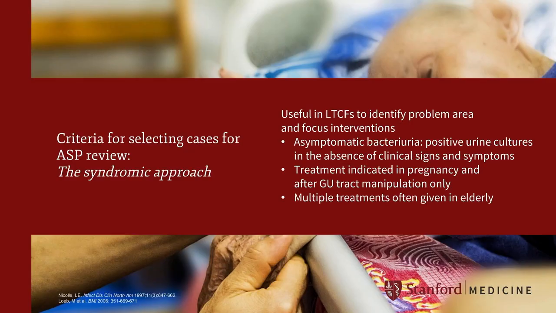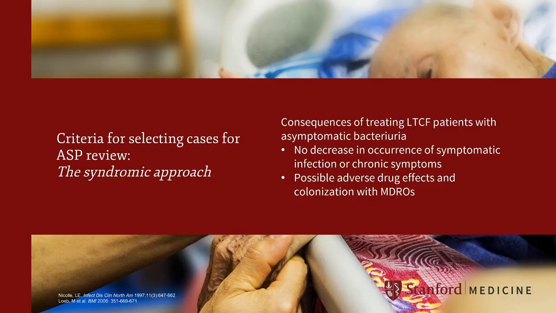Treatment for asymptomatic bacteriuria is indicated in pregnancy and after the genitourinary tract is manipulated only. However, multiple treatments are often given for asymptomatic bacteriuria in the elderly. Trial after trial has shown that there is no real benefit from treating patients with asymptomatic bacteriuria, as therapy does not decrease the occurrence of symptomatic infection or chronic symptoms, nor alter mortality. And a major consequence of treating patients with antibiotics for asymptomatic bacteriuria is unnecessary adverse drug effects and colonization with